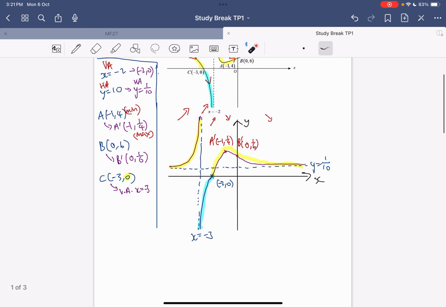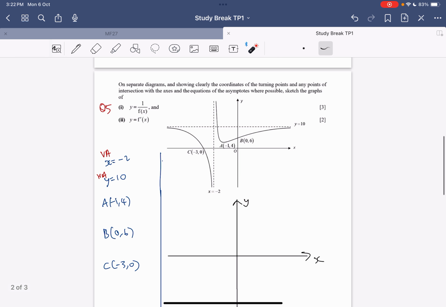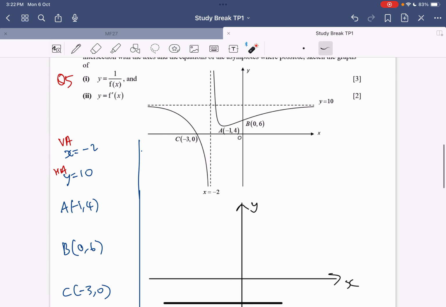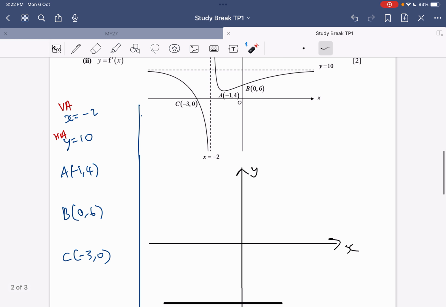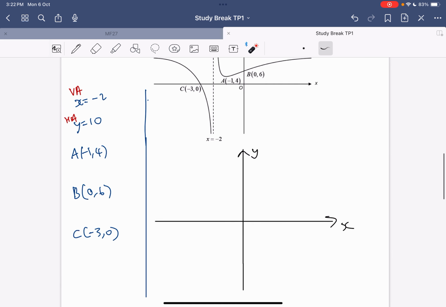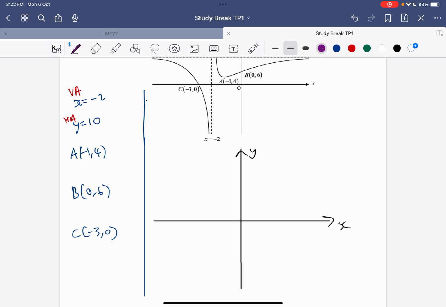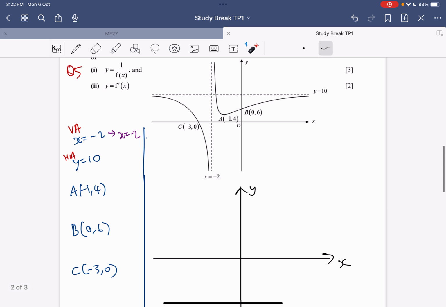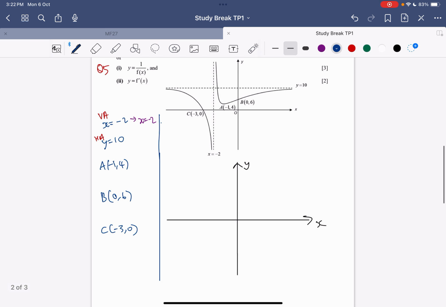Now let's move on to our derivative graph. So same graph to refer to. Again, we try to find the key features that these will transform into, and then we shall mark it down on the graph and proceed. So for a vertical asymptote in our original graph, it will still remain as a vertical asymptote because the gradient at this vertical asymptote is also undefined. Okay, so in fact, let's draw in our vertical asymptote straight away because we know that it will be present,